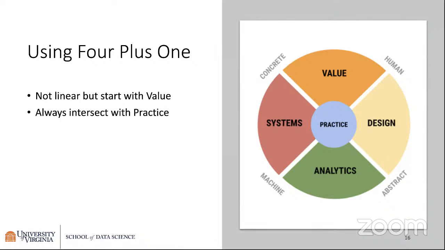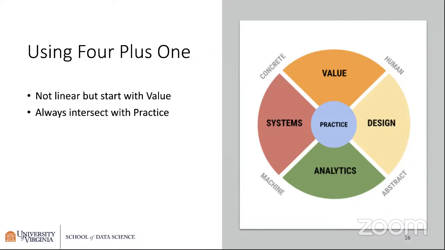Okay, another point is the way that we try to draw this is visually to give you the sense that practice intersects with everything, okay? It's absolutely important that whatever you do, you're always thinking about the problem. Again, the problem we have with those process models is, frankly, they give the impression that you do that, what we're calling the value step, the value proposition kind of piece. You do that, you get it done, and then you forget about it and move on to the next piece. That's not the way it's done here.